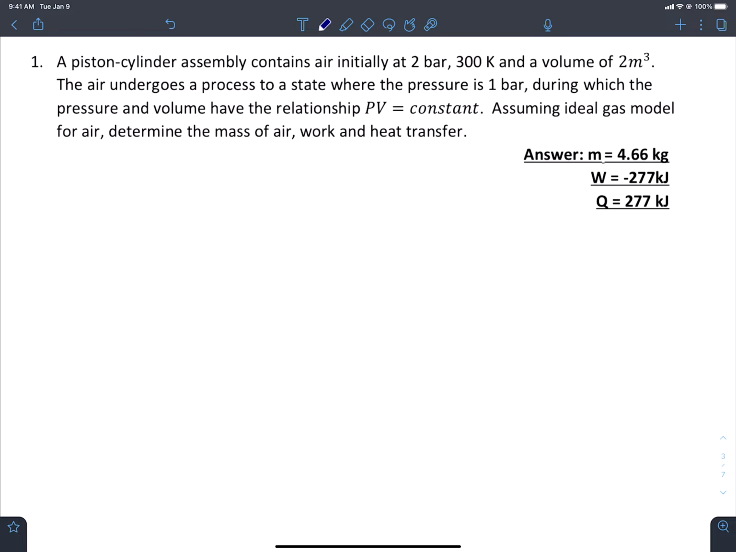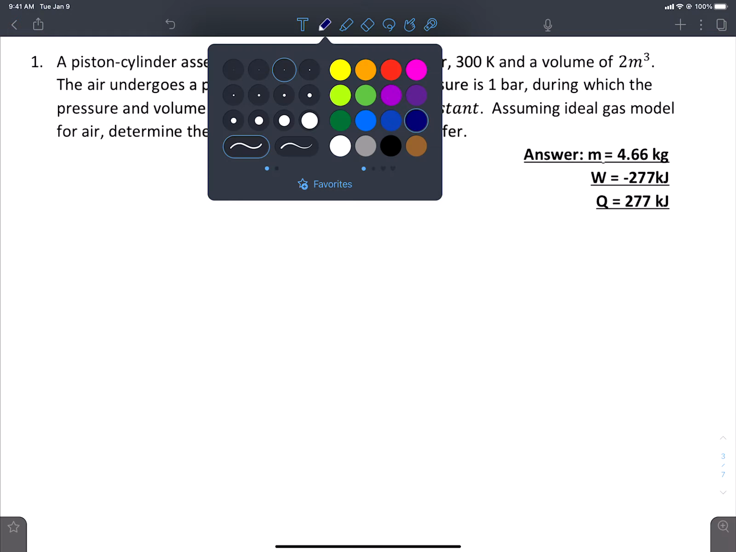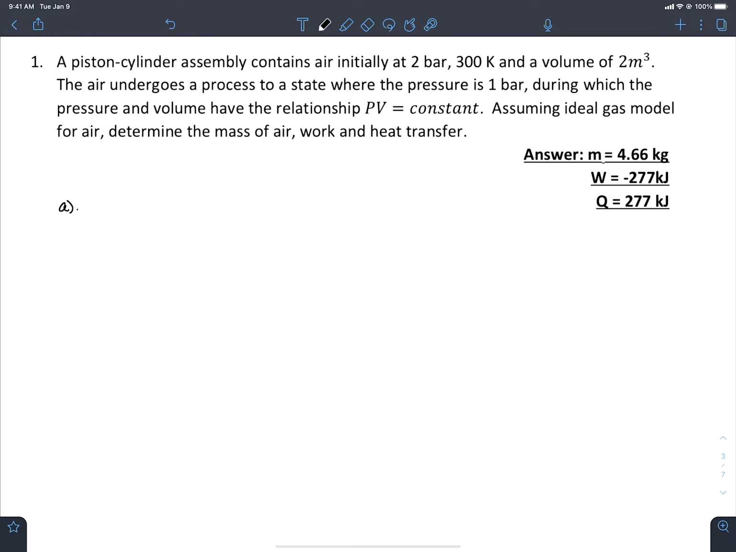Okay, so first things first. I'm just going to write. So part A, we want to figure out the mass of the air. So we use our handy dandy ideal gas equation. PV equals MRT, and we just want to solve that for M. So M equals PV over RT. We're just going to plug it in. So we have P is equal to 2 times 10 to the 5th Pascal times our V, which is 2 meters cubed,